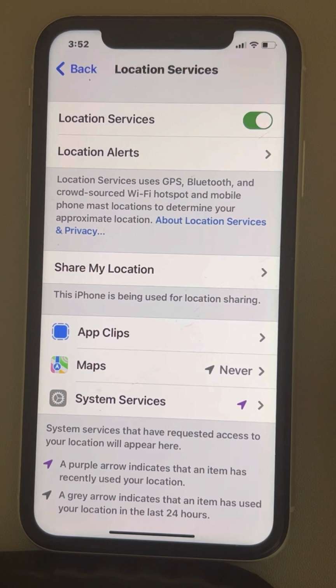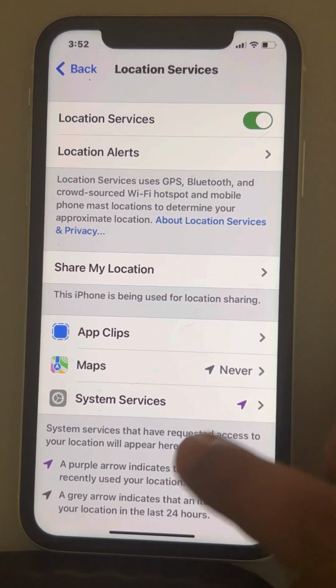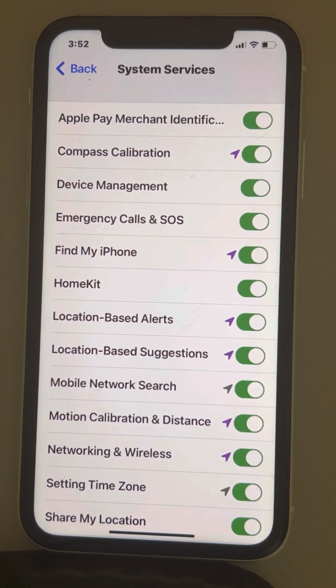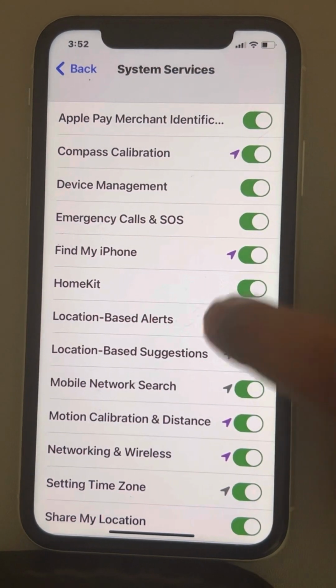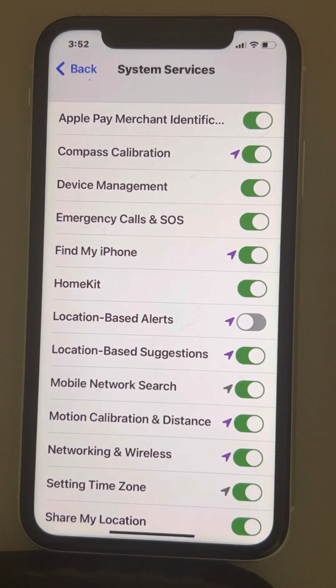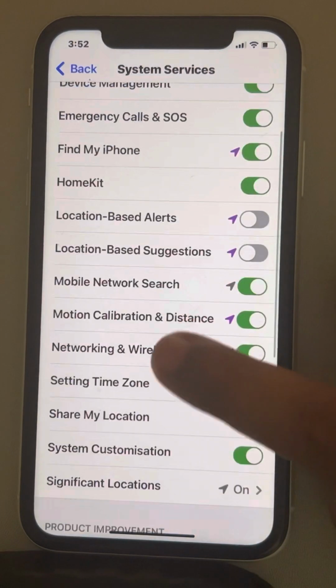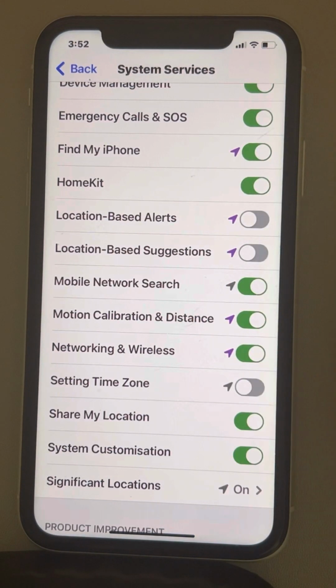Now let's move to another fix. Tap on system services, and in system services you can turn off many kinds of features. For example, location based alerts, you should turn it off. Location based suggestions, you should turn it off. Setting time zone should also be turned off, because if you do not travel much and you live at home for a longer time,